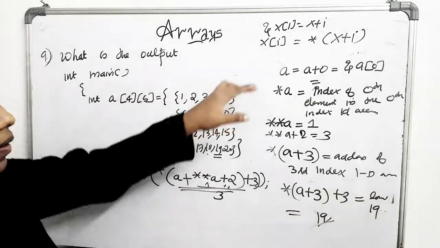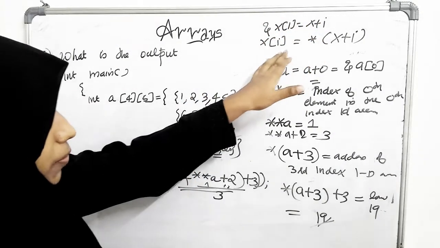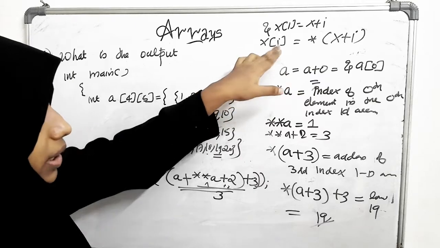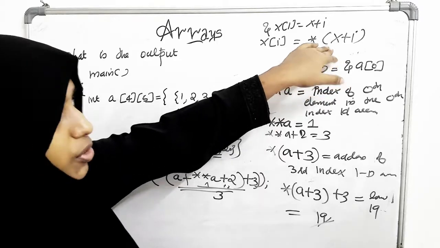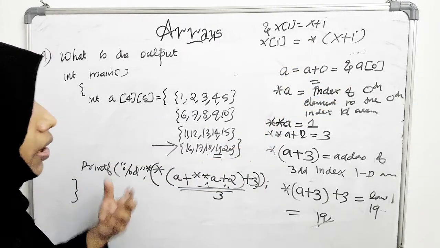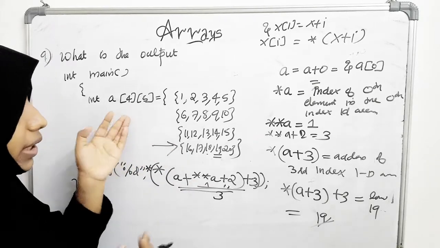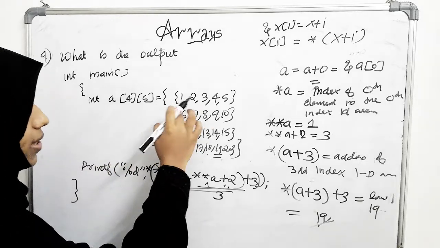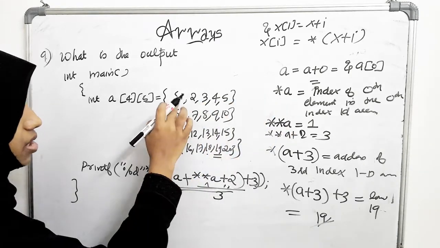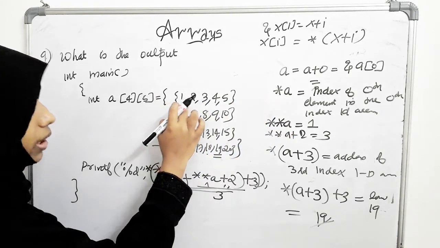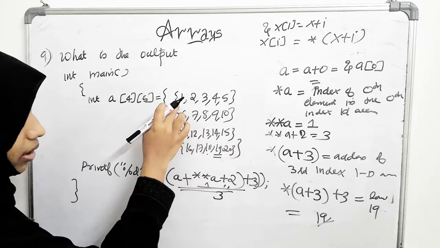So I'll repeat: &x[i] is equal to x plus i in pointer arithmetic, and x[i], the value at index i, can be retrieved as *(x plus i). This is for one-dimensional arrays. Now for two-dimensional arrays, if we have an array A[4][5], simply A means the address of the 0th index one-dimensional array. Star A means the address of the 0th index element of the 0th index 1D array. One more star gives you the element here.